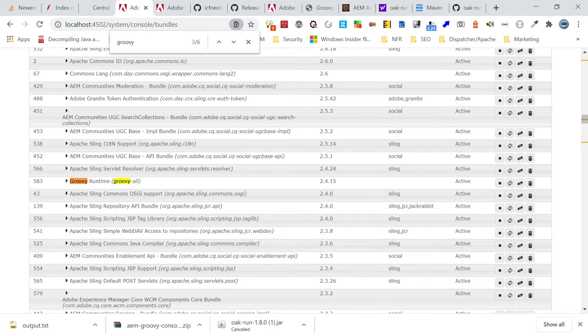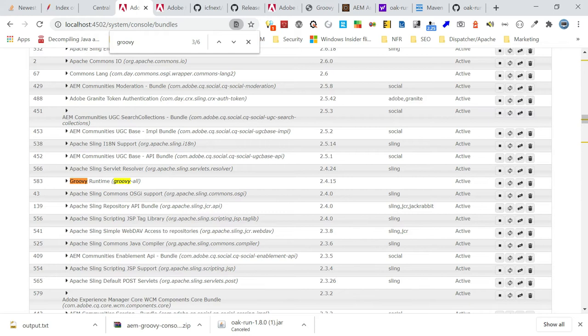The script console exposes some predefined variables. For example, request, the current HTTP servlet request instance. Then response, the current HTTP servlet response instance. Another one is reader, access to the reader of the request, the same as request.getReader. We can use this for reading the data of an HTTP request body. Then another one is out, again access to the print writer of the response, the same as response.getWriter. We can use this for writing the data to the HTTP response body.